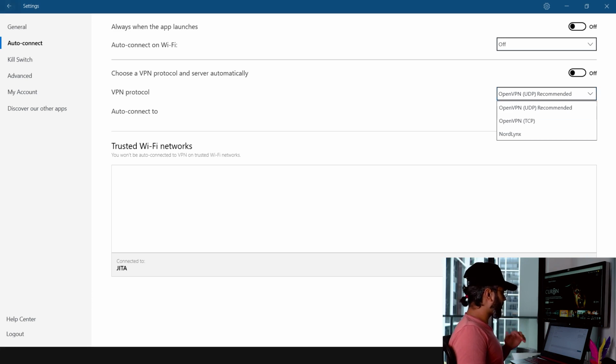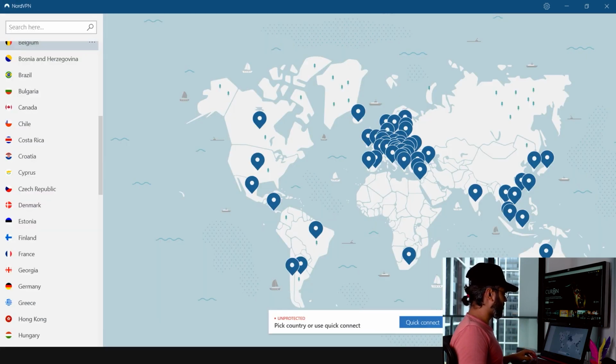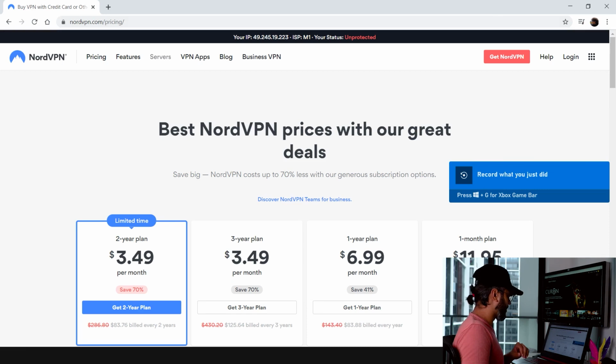Now, from a price perspective, this VPN obviously is one of the top VPNs that are available. It's known for its speed and stability. For Netflix, not all VPNs can really unblock their servers and go unnoticed by Netflix. So this is one VPN that works well, and the price that it comes at is quite reasonable as well.